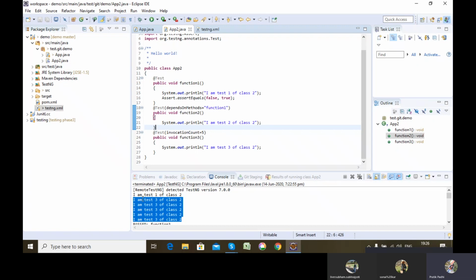If I had provided, for example, 6 threads, what would have happened? Out of 7 tests, 6 would have been given 6 threads, and 1 test would have waited for another test to get over, and then run in that thread. So my execution time would have been 5 plus 5, 10 milliseconds.